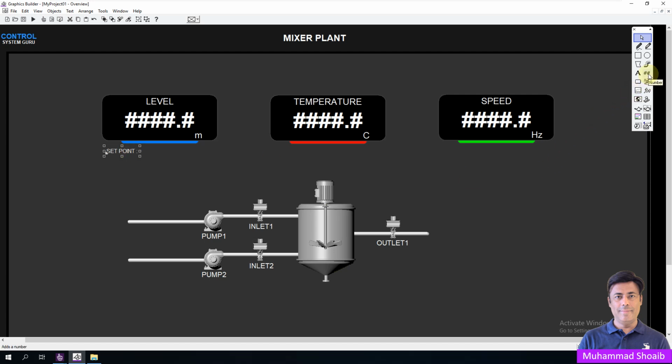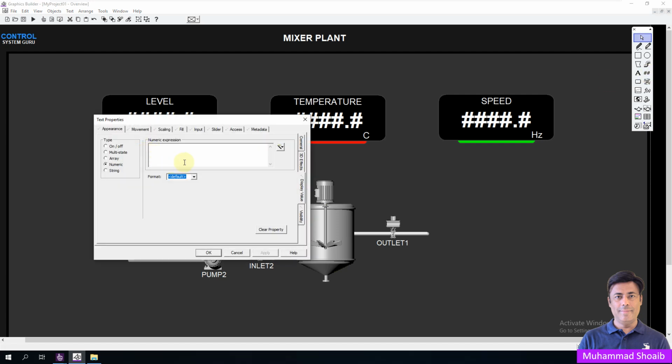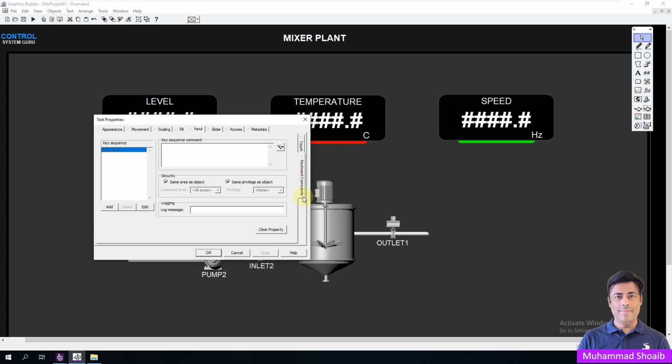Then I will take the numeric text, and then I will select the input and input keyboard command. Then I will come here, I will write, you can select it from here, the enter. Before this,